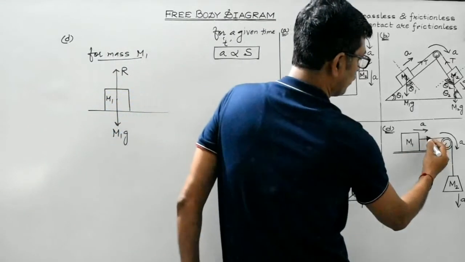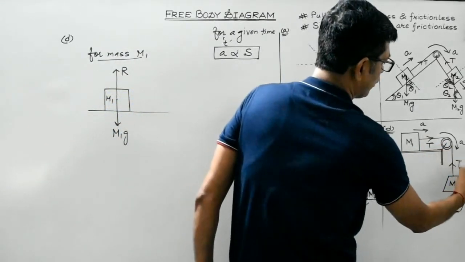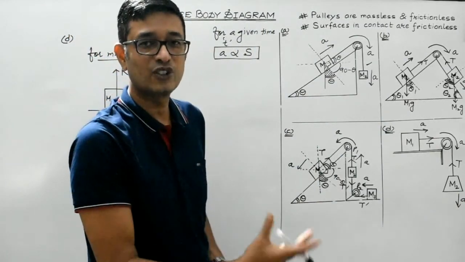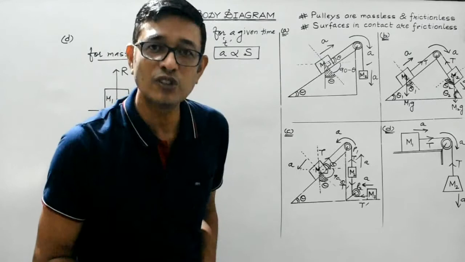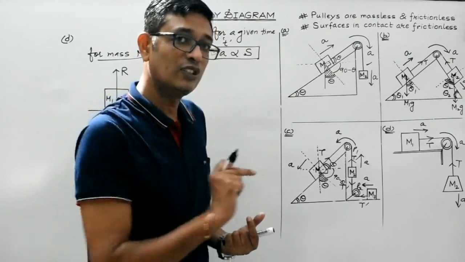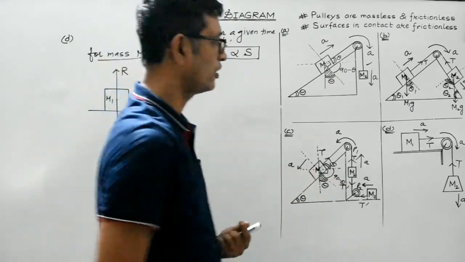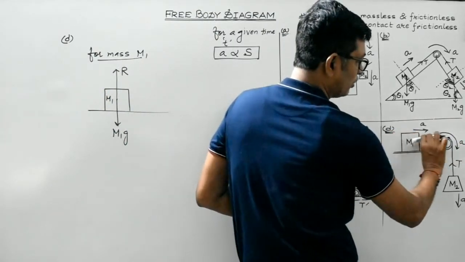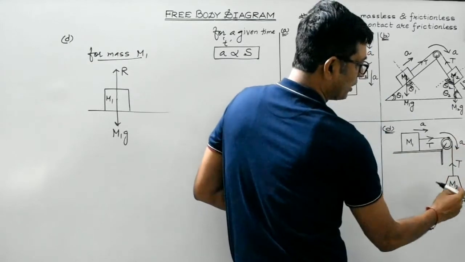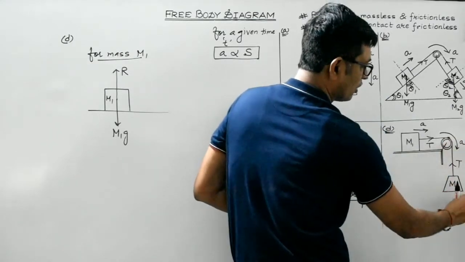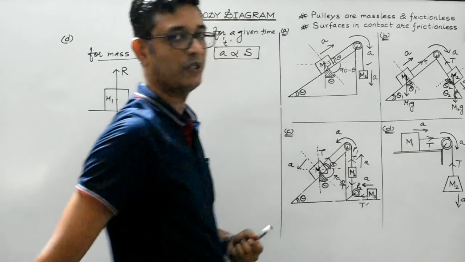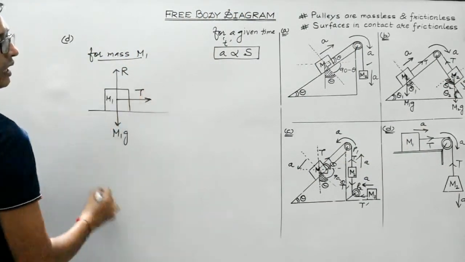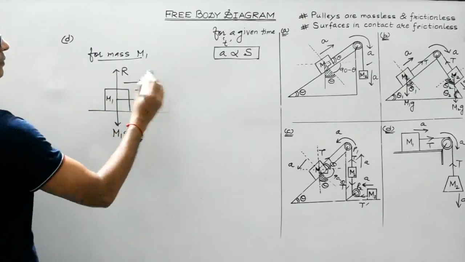And then this is the tension. Tension force always comes into play when a body is suspended through a string or connected through a string. Tension is a force which always acts along the length of the string towards the point of suspension. For this body, the point of suspension will be this one. So it will act along the string towards the point of suspension. Right? So this is where the tension acts. And the acceleration of the body is along this direction.